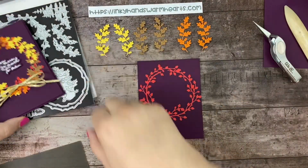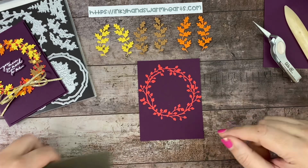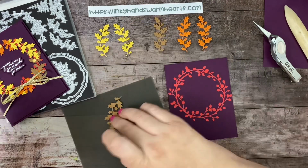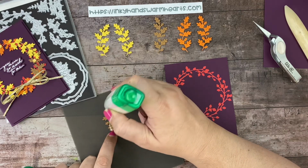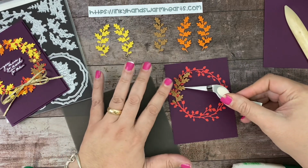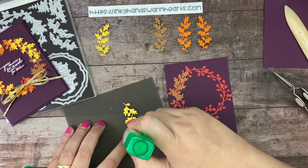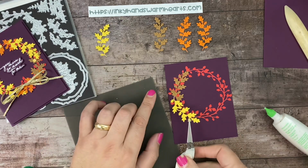And we are gonna start gluing those down, and we're gonna attach them and overlay them over our Poppy Parade wreath. So the wreath gives us our guideline. I'm gonna move this over a little. Let's start with a Pecan Pie. And all you're gonna do is just run down the center, kind of down this veining all the way to the bottom. Use your tweezer to grab your piece and then just attach it over the top. I'm gonna take a Daffodil Delight next, and we're just gonna work our way around our little wreath here. We're gonna